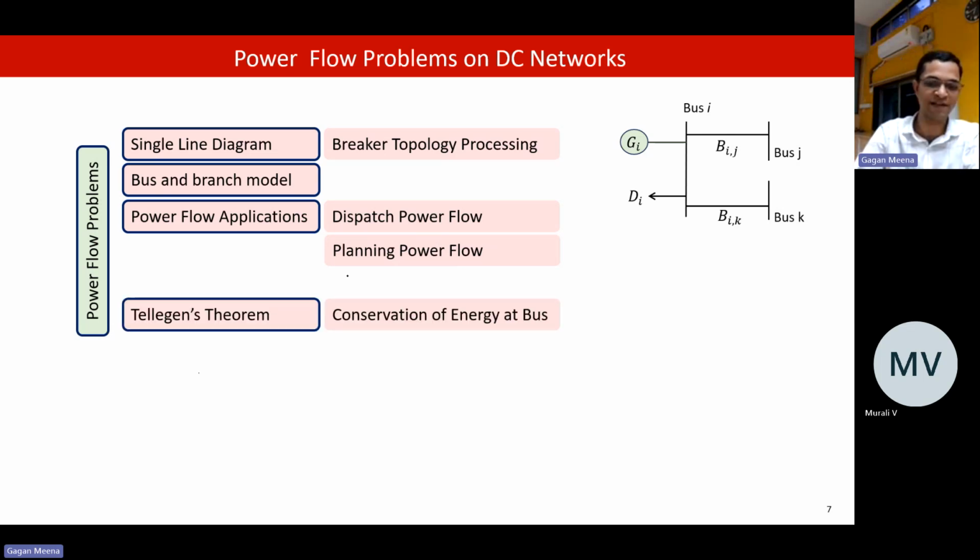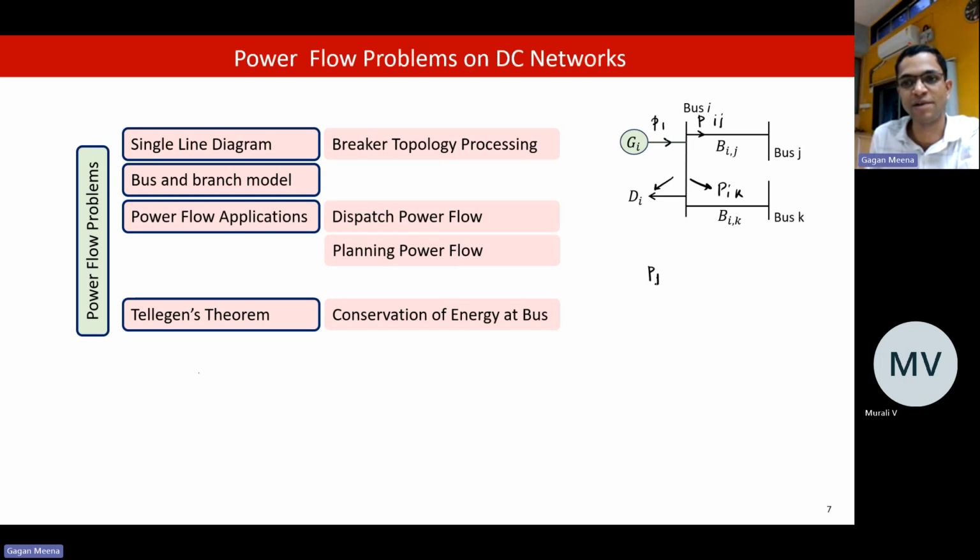These are different applications. Then we saw Tellegen's theorem. All these power flow equations are based upon conservation of energy. If this generator is injecting some power at this bus, then it goes through these two transmission lines and to this load. So let's say this is Pi, this is Pij, I will say only real power if we talk, and this is Di, and this is Pik. Then Pi will be equal to,